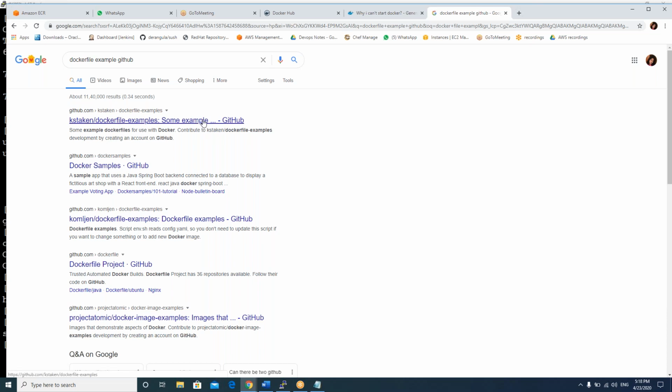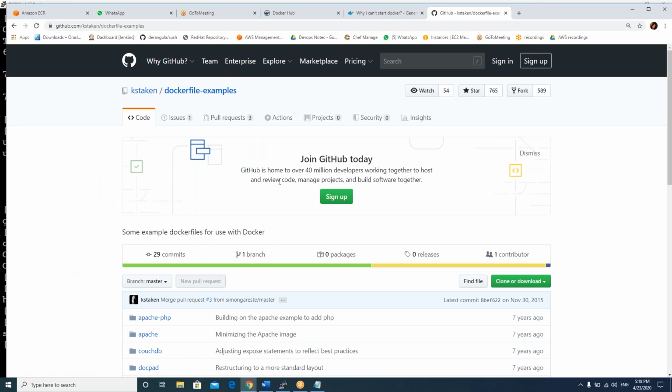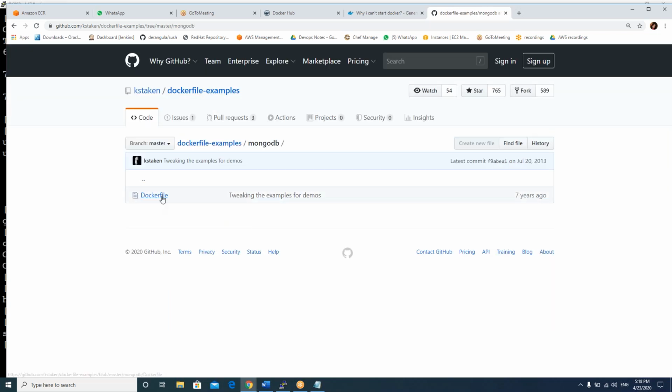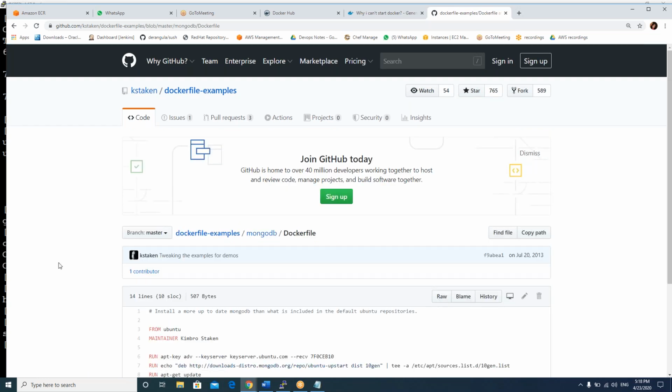Open the first one. These are the number of examples. Let's go with MongoDB. That is the MongoDB Dockerfile. The name can be anything here, but the Dockerfile should be the same name.